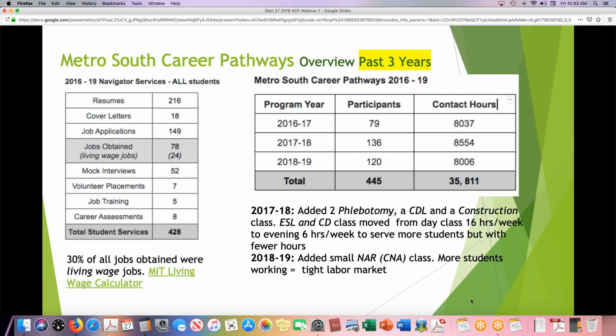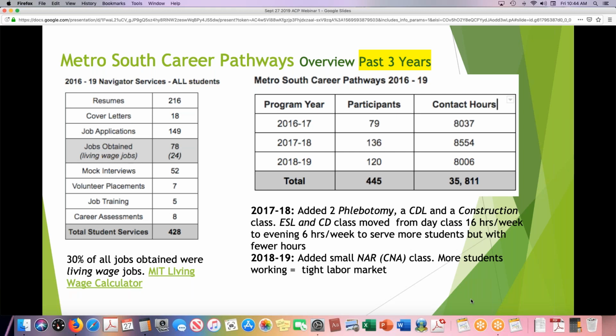The chart on the left is our navigator services. So every year we have a new navigator through the Minnesota Opportunity Corps, and that person provides services for our students. You can see the data there for all our students in the past 3 years.